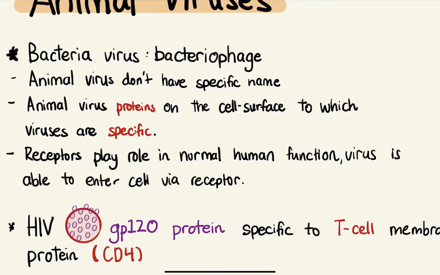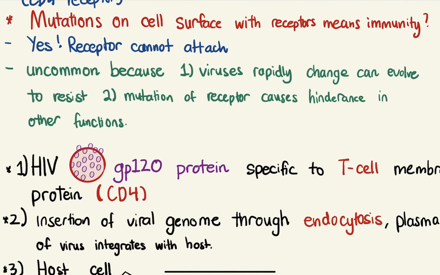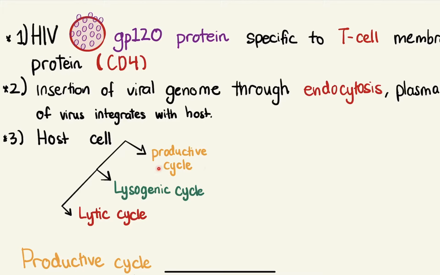We have the first step. Obviously we need the virus to attach to the receptor on the host cell, and we need the insertion of the genetic information inside the host cell. And then we have to go into either the lysogenic cycle or the lytic cycle, or if you're talking about animal cells, another type of cycle called the productive cycle, which is very similar to the lysogenic cycle in the sense that it's incorporating with the entire genome, but the end goal is slightly different in the sense that it's not going to enter the lytic cycle, and it's just going to cause the virus to leave through